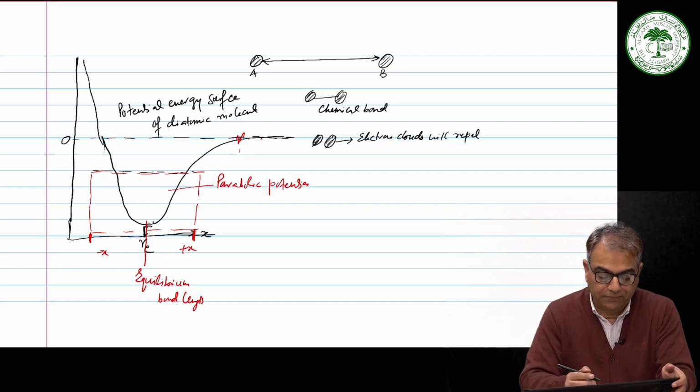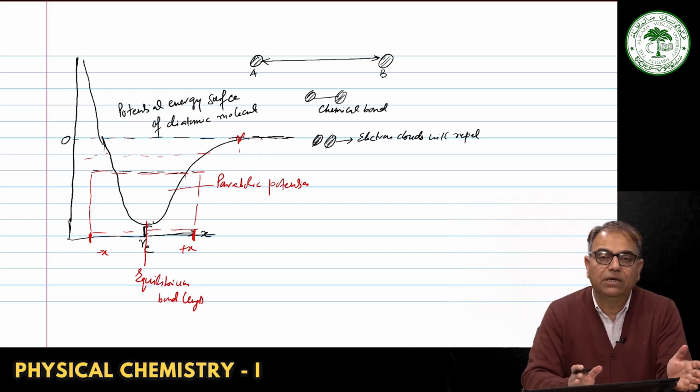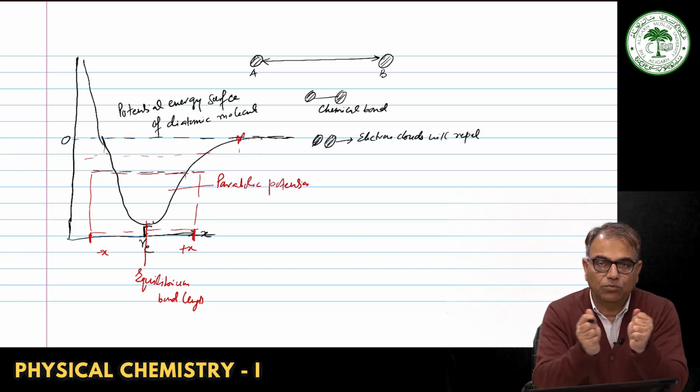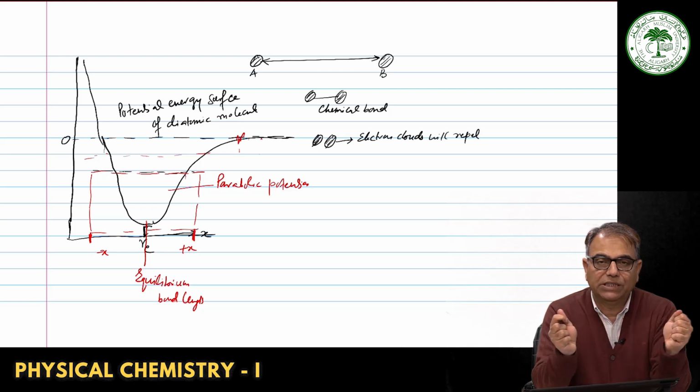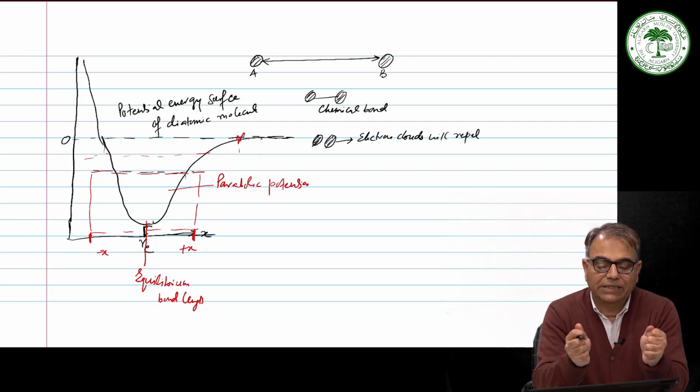There is no interaction there. You could go slightly above this distance also, but up to this distance, certainly, it will be minus x to plus x. So what does it mean? A periodic motion sets in. You can take a diatomic molecule, stretch it and compress it up to a certain distance, and this vibrating motion sets into the chemical bond. This vibrating motion energy is actually v plus half h nu, where v could be 0, 1,